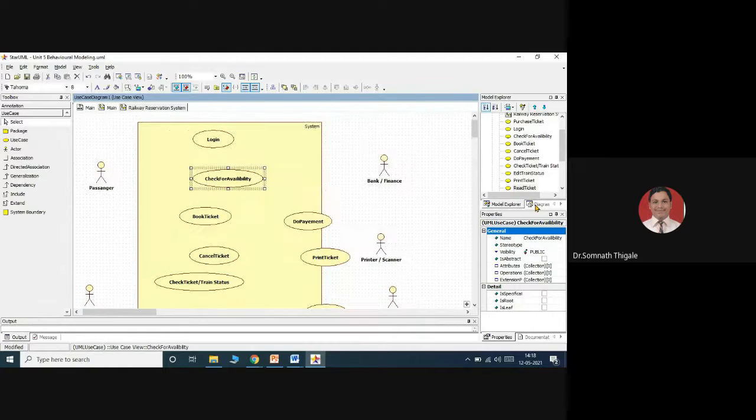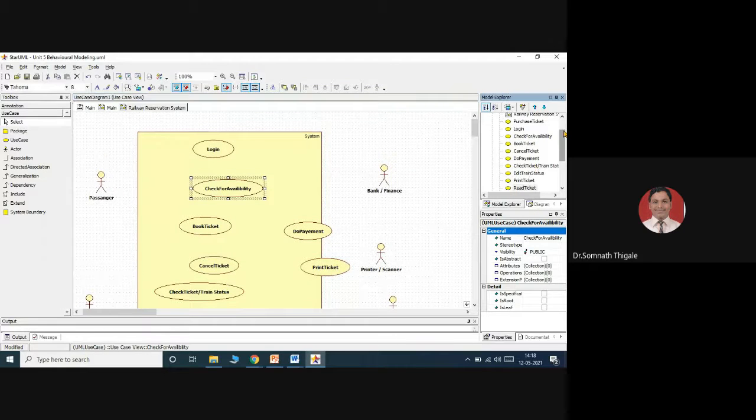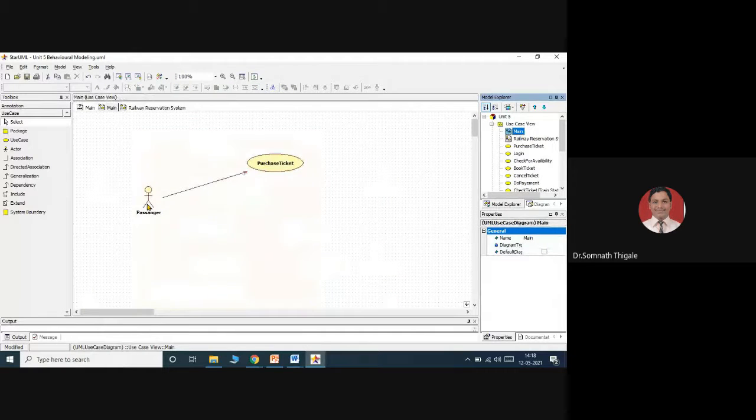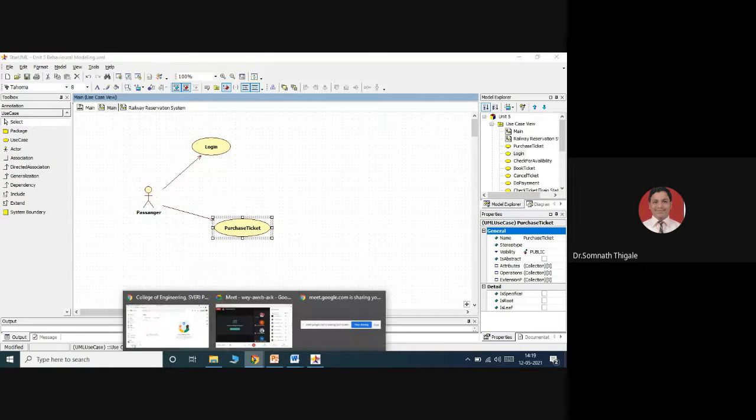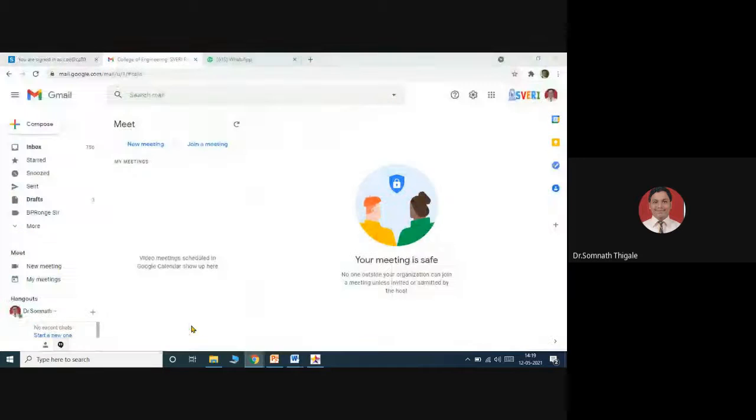With respect to the scenario, we need to discuss in detail. For example, let us consider that the passenger has to first perform the login operation. So I will consider this as a login. I will show you the system so that you can understand.